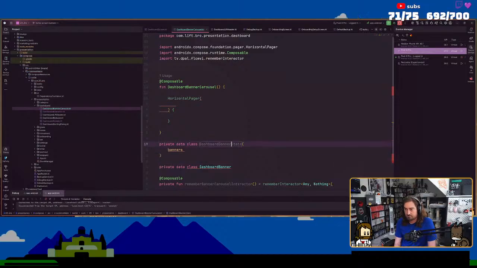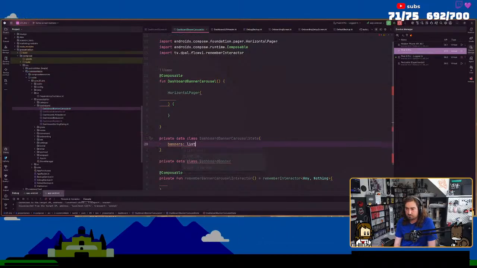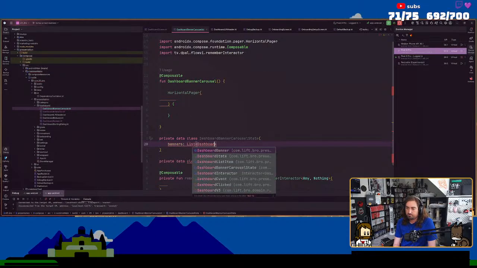Yeah, this needs to be the carousel state, and then here we are going to have a list of dashboard banner.